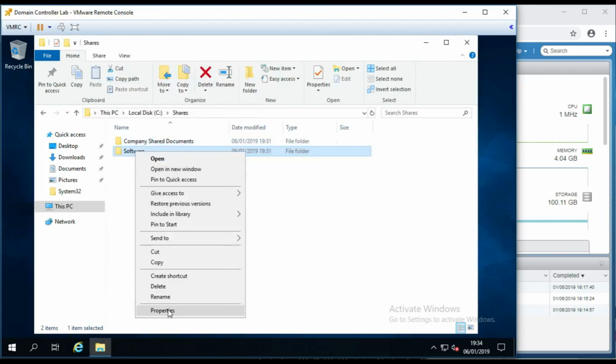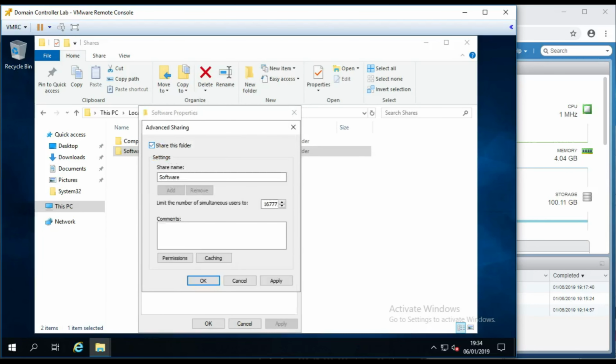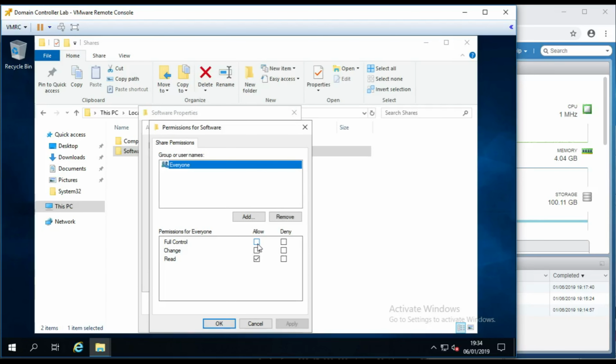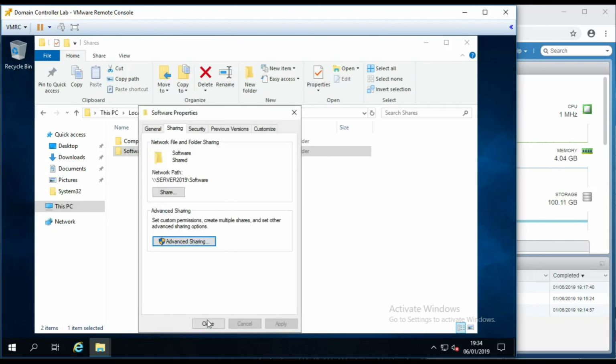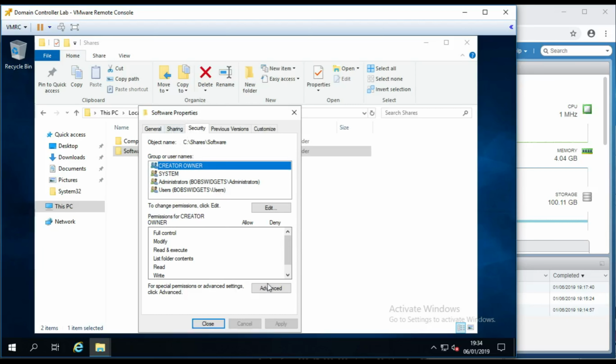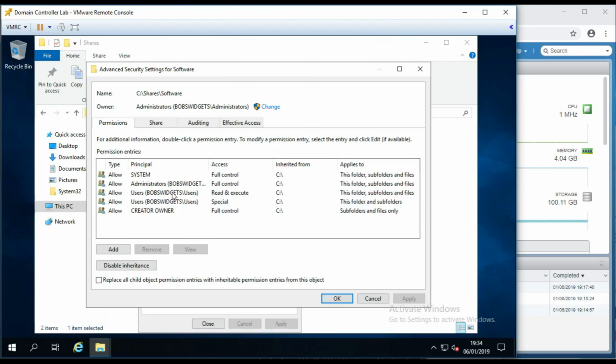Then the software share, sharing, share this folder, permissions, everyone to do everything. But then within the security tab to do with the file system security, I do want it like this. So the administrators have full control because we want to be able to put software within that folder or modify the files which are in that software share, but we do not want the users to be able to make changes to the software, because it means that they could replace an installer for some software with their own installer,